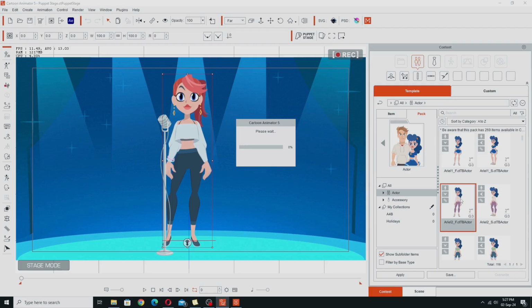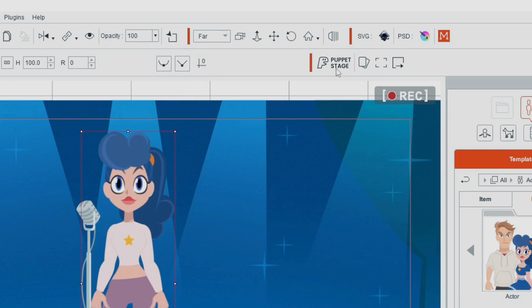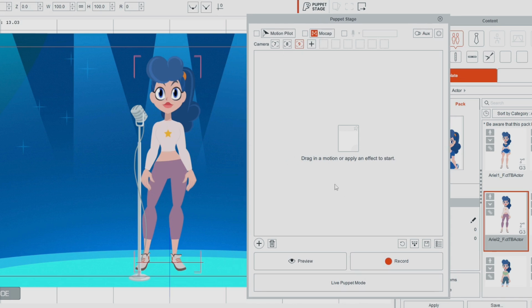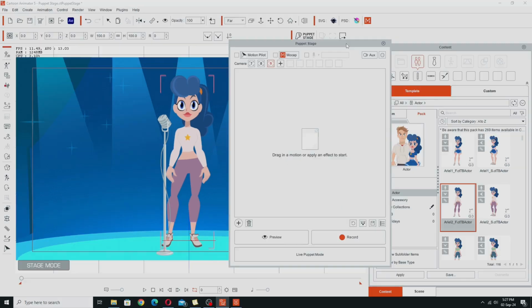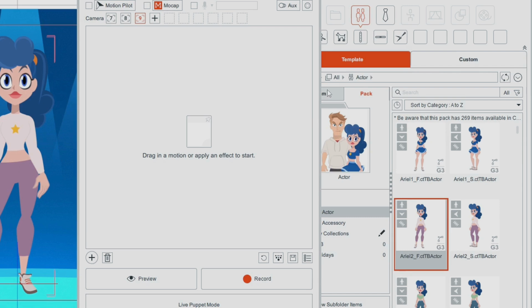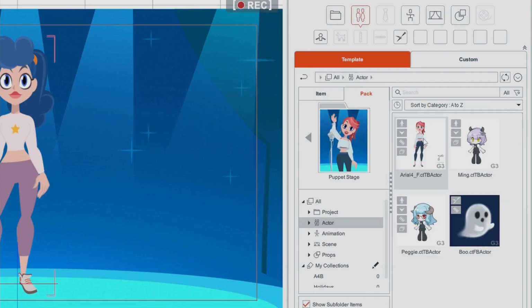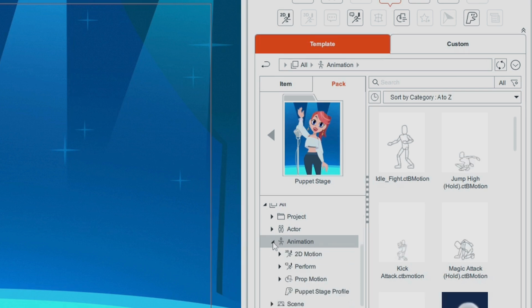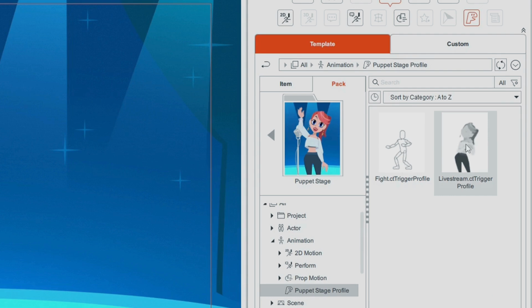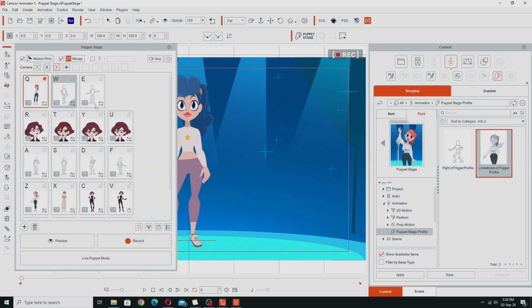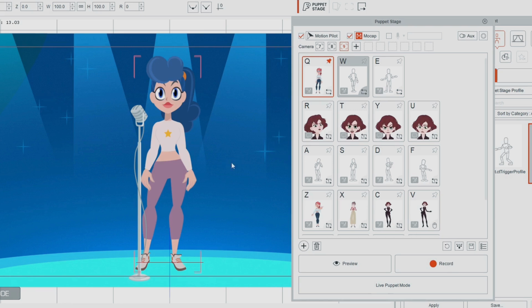Double click, and now when we open up the puppet stage, we've still got all our cameras, but all our motions went away. But we can fix that just by going back to our puppet stage pack, do animation. If we open that up, you'll see we've got puppet stage profile, and that's her profile there. We should be able to drag that onto here, and it should be loaded in. And now if we preview,